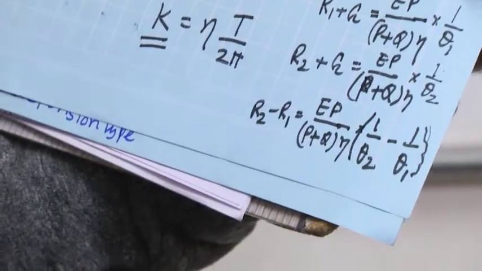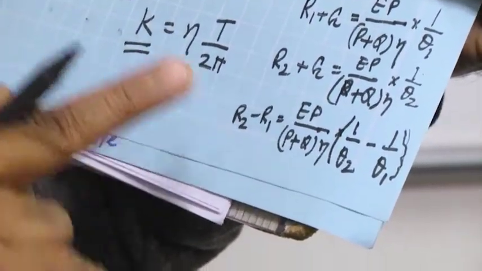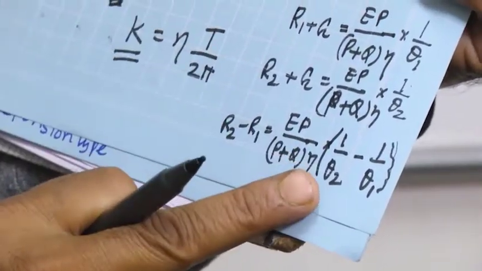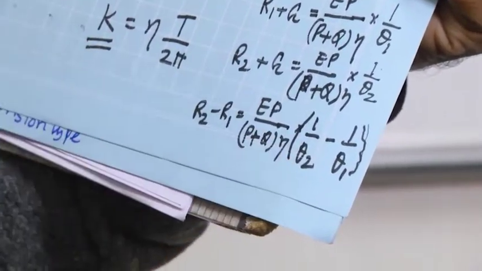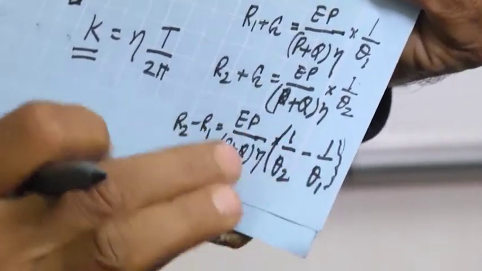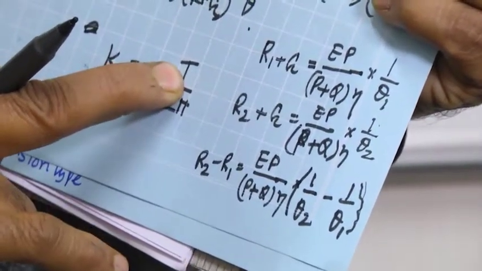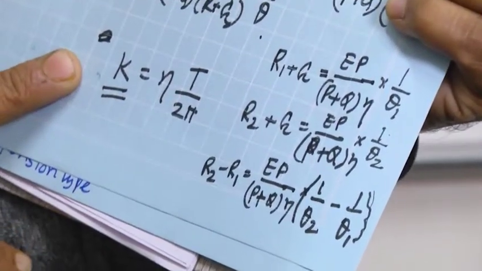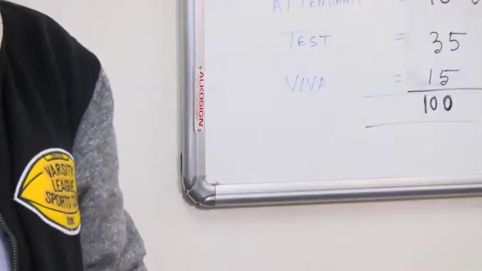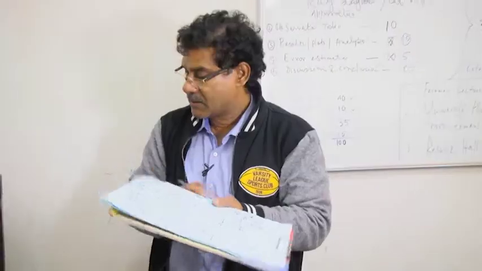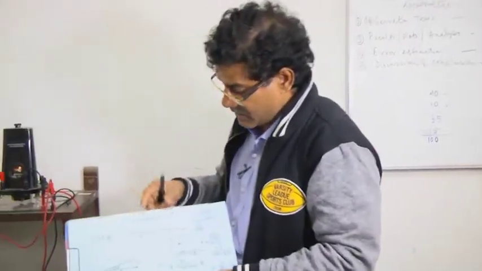So our experiment is basically, for different R, I have to measure theta. Then I will plot it and get the slope, and then I will get eta. Then I will measure the time period T, and then I will get K, the charge sensitivity. So now this circuit I need. I will show you this circuit as I showed in my sketch, in my drawing. So just compare with this one.